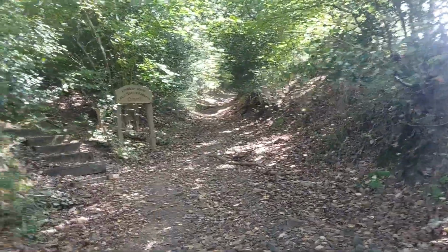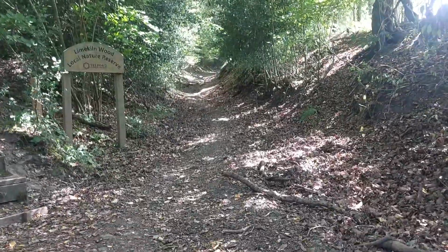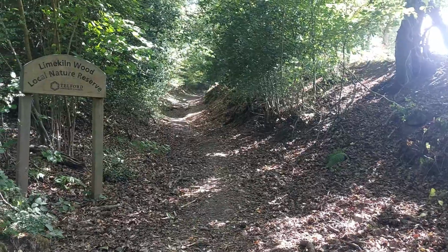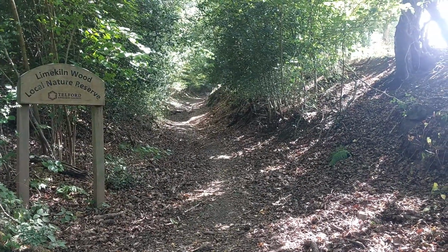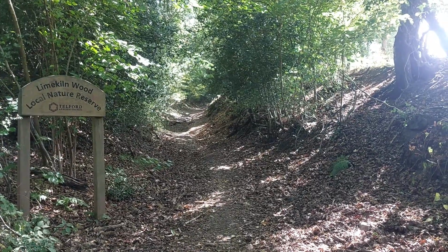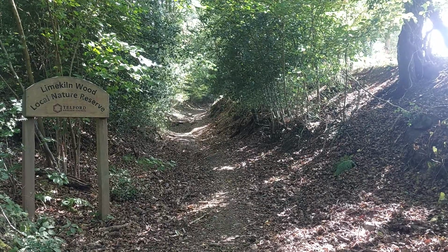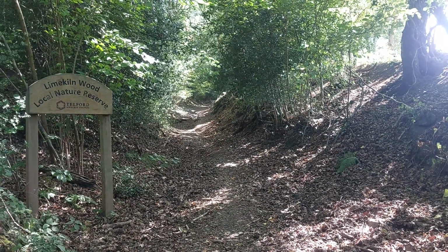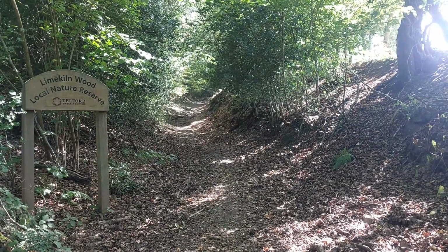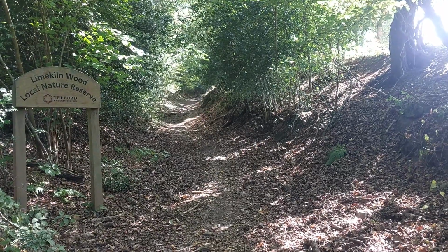Now, if you watched my videos that I made on Monday, you'll know, especially if you watch the third one, but all three of my videos are made on Monday. If you were to follow the path in front of me now, then this path is part of a giant loop going around the Wrekin Forest Trails, and it will eventually loop back to the Buckatree Hall Hotel. But because we've already explored this path on Monday, we're not going to be going that way. Instead,